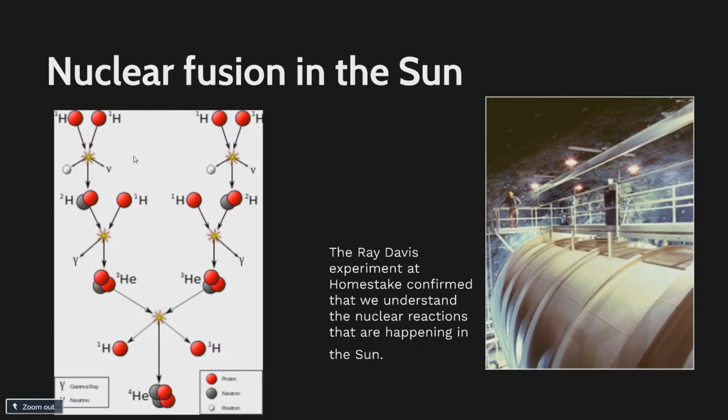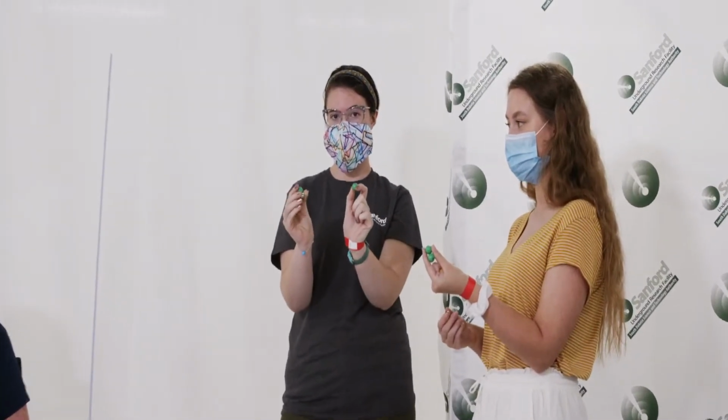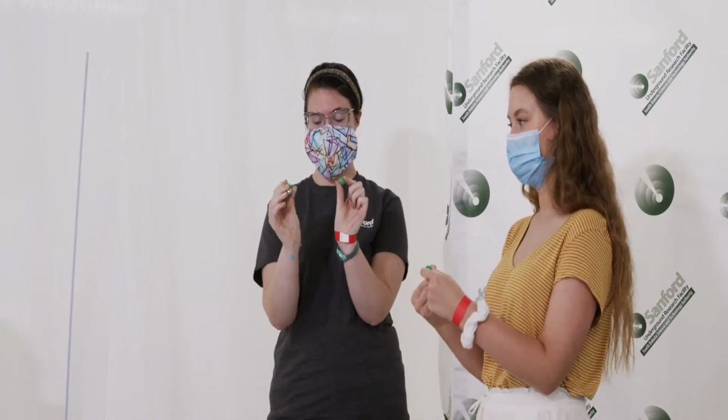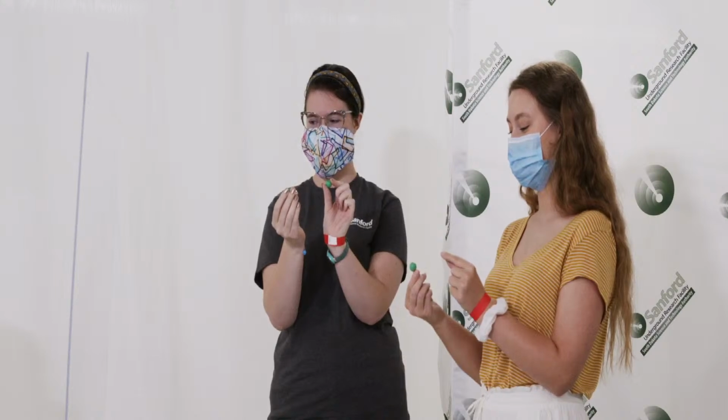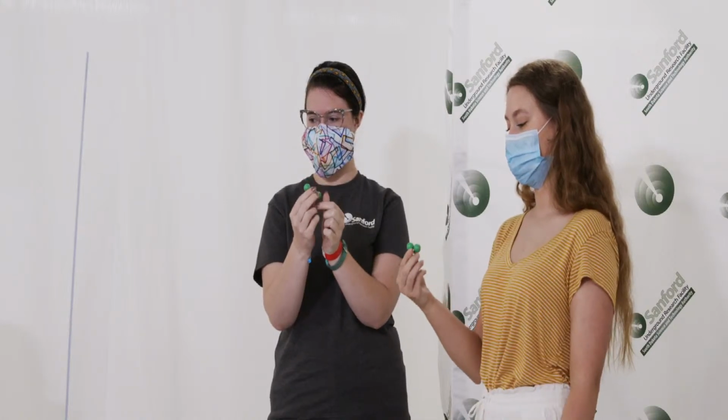But we're going to look at what's going on in the center of the sun. My assistants, Caitlyn and Adrian, are going to demonstrate the nuclear fusion that's happening in the center of the sun with some magnetic marbles. The sun is primarily hydrogen, and it's a hydrogen burning star. That means that the hydrogen is going to fuse into helium. So we start with protons. That's a hydrogen nucleus. As the density gets bigger, you can overcome what's called the Coulomb barrier from the positive charges of those protons, and they can